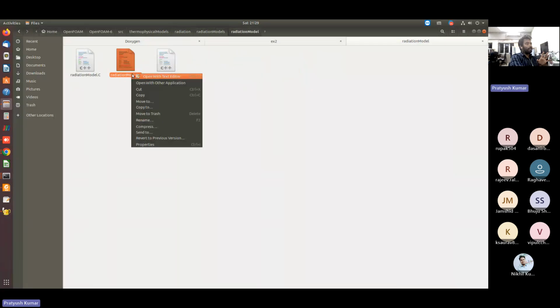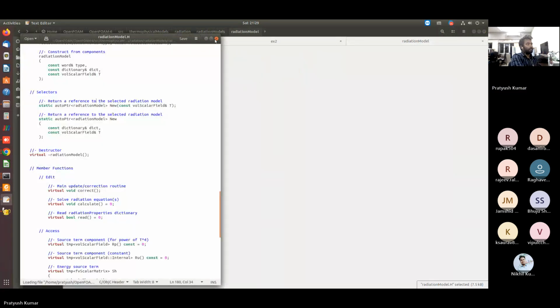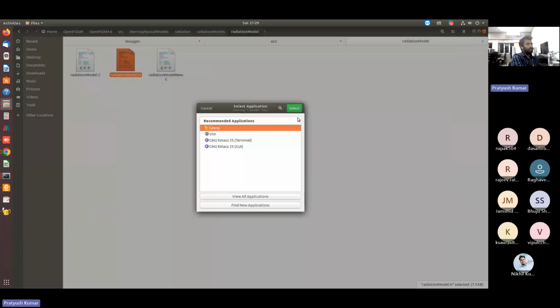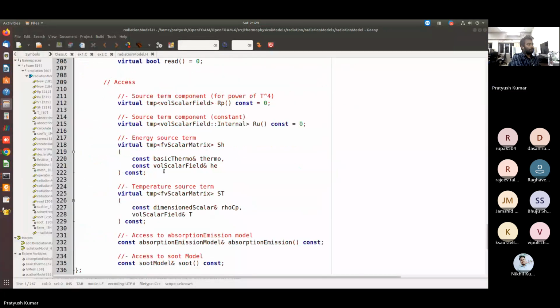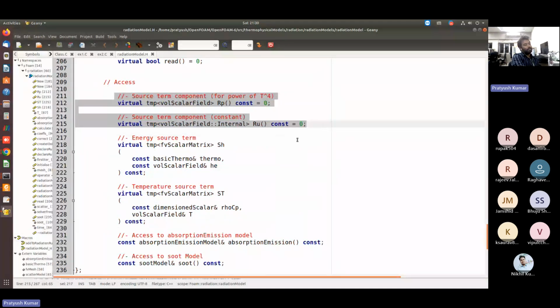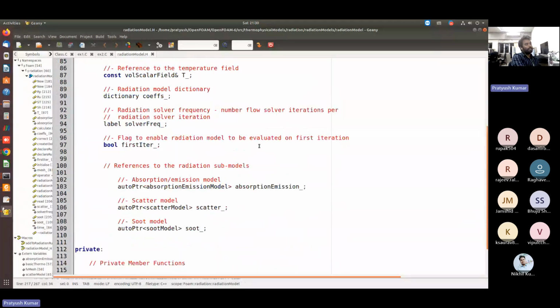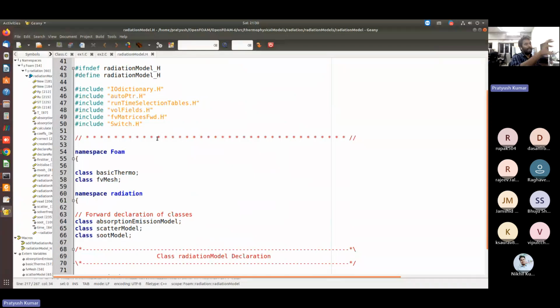If you open this, maybe in Geany, you can see here that this is also a virtual function. Whenever you call this radiation model.h, if you are going to derive this class radiation model.h in any other,